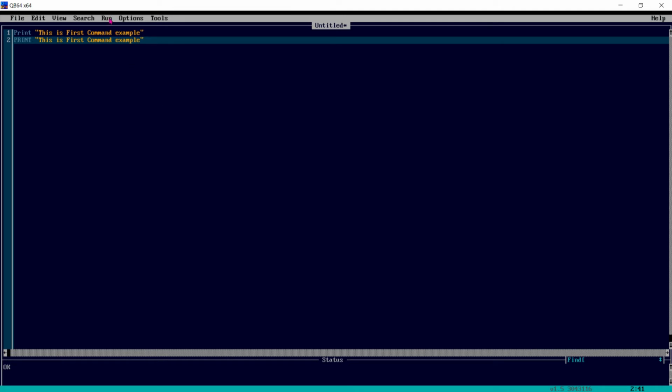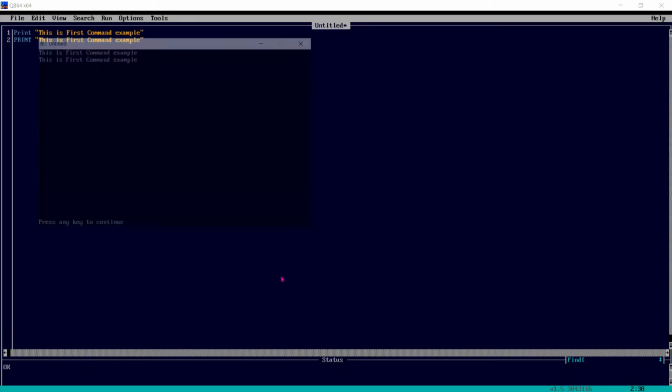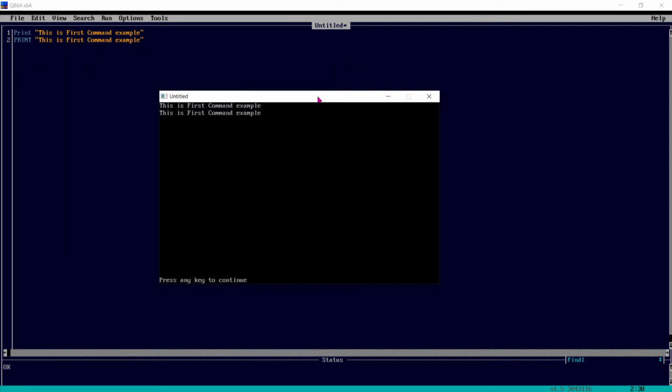To run this program, either we have to click run or press F5, then it creates the .exe, and again it is printing: This is the first command example.